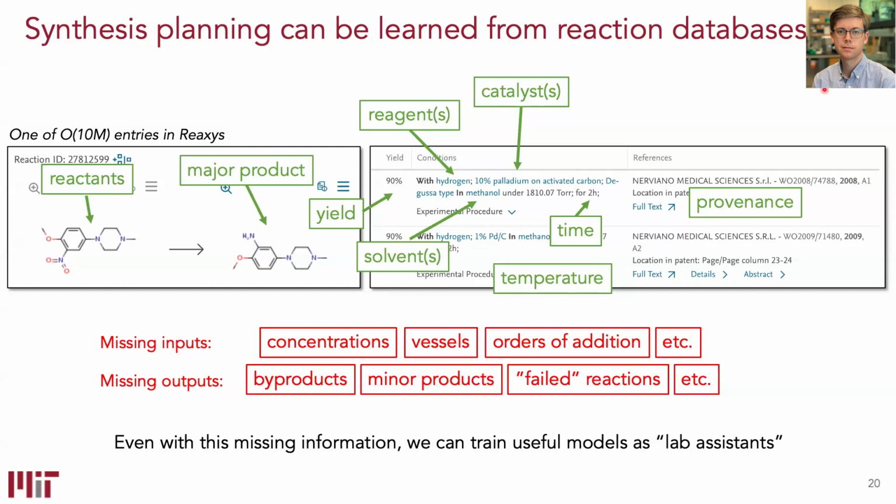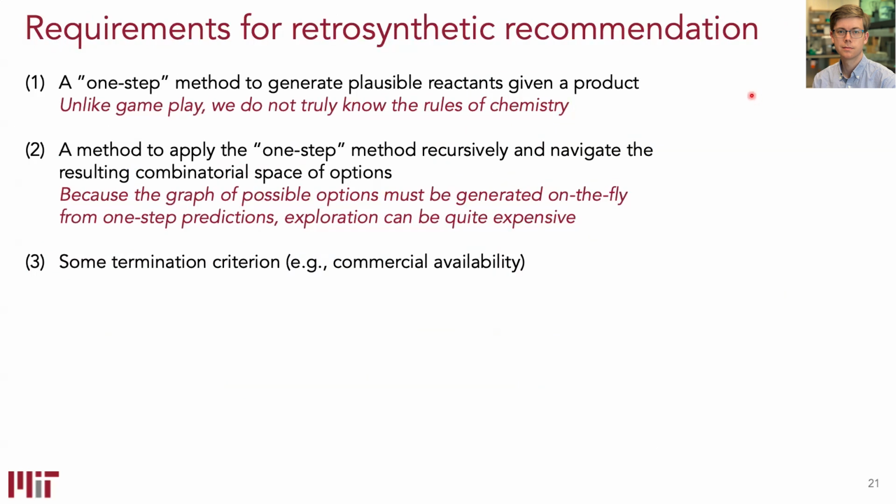So there is a lot of nuance about chemistry that matters that is simply missed by these databases. They didn't try to tabulate it, they didn't try to report it. And so there are some things that we can't do with this information. But we can still train models to do things like retrosynthesis using this information source. Again, retrosynthesis is starting with the target you want, working your way backwards. So what this requires is some model that can take a product and recommend reactants that could produce it in one synthetic step. You can't make a lot of super interesting things in one step, so we need a way of doing this multiple times. This is a recursive search process.